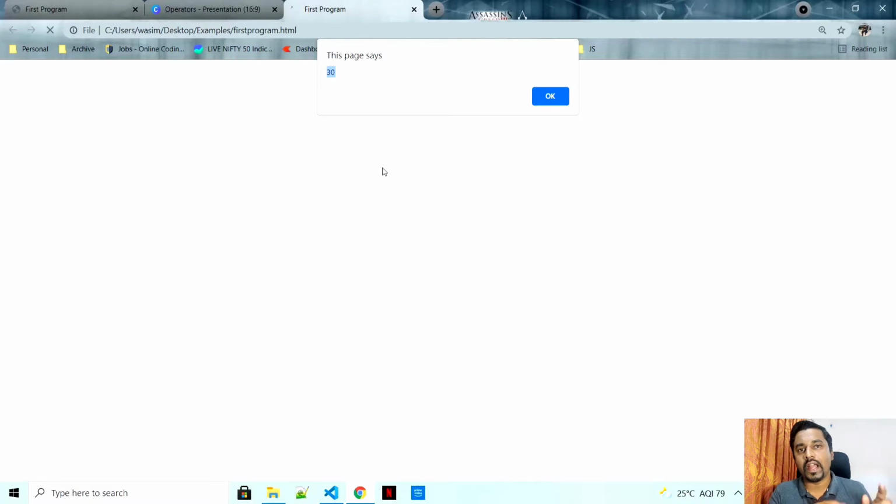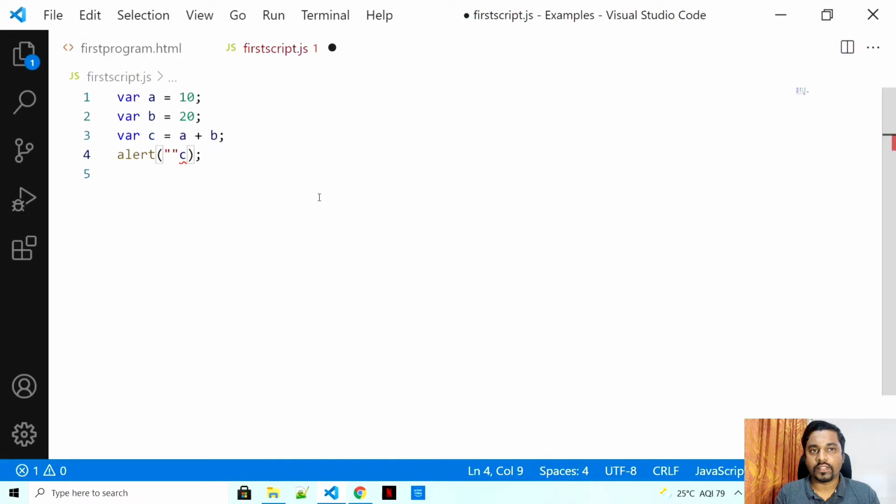We'll also see string concatenation. So let's say I want to say my answer is 30. How can I do that? Inverted commas and plus. Plus will also help in concatenating a string with any other string, numbers, boolean, etc. So when there are 2 different data types, it helps to concatenate. Not only 2 different data types, we can even concatenate string with string. So my answer is plus c. I'll just give a space to make it look good. So how will this happen now?